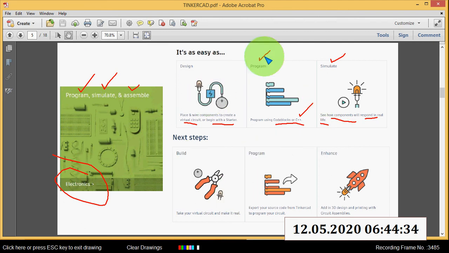After creating your circuits and simulation, you can take your virtual circuit and make it real. Then you can export your source code from Tinkercad to program your circuit. And then enhance, meaning you can add 3D design and printing with the circuit assemblies.